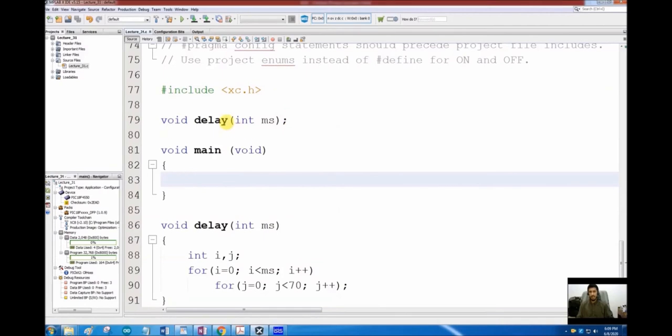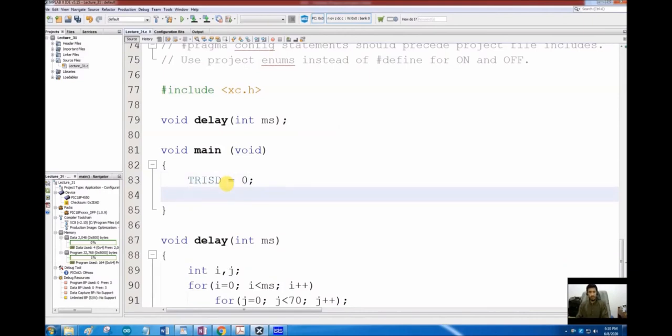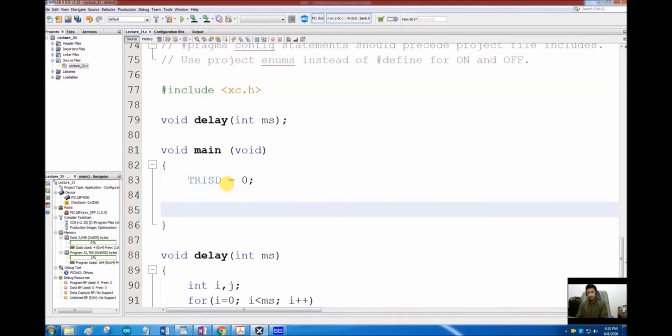I have already copied a conventional delay subroutine in this one based on the for loop, and here I want to write the logic that will be needed to drive my stepper motor one by one. So what I need is 4 output pins. So let's make our port D as output. The whole port D will be output. Then I want to send a data of 0 1 1 0 on port D.